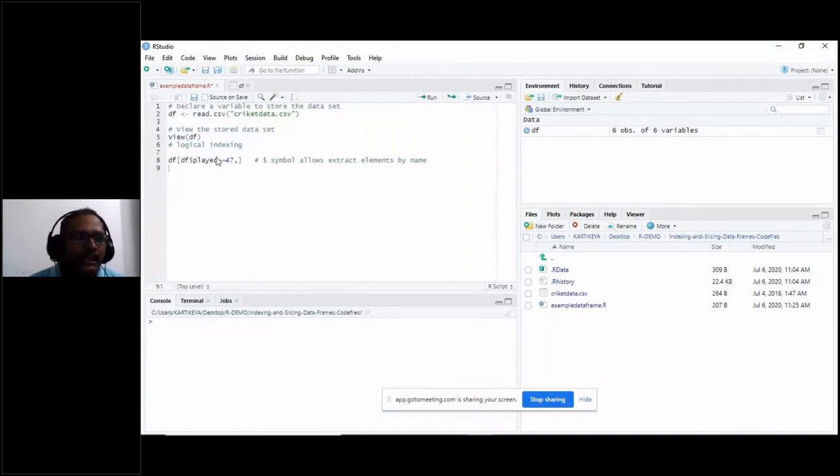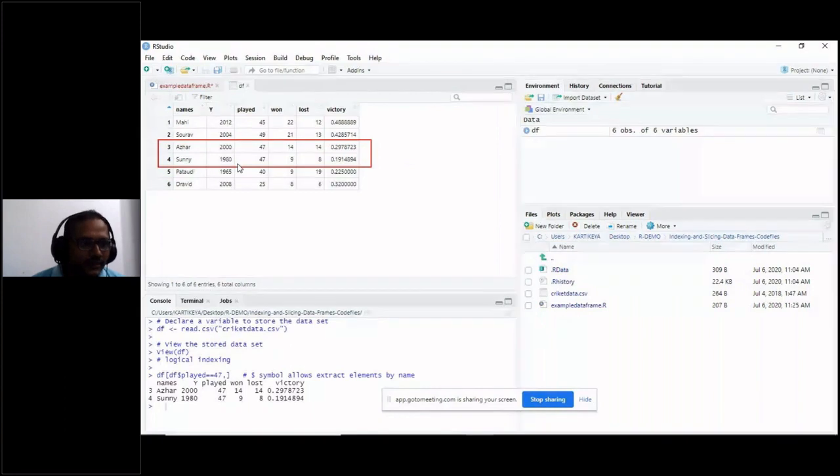Now equal to 47, meaning that I want to get the rows in which the column values are equal to 47. Now see what is displayed. As you requested R to display the values where matches played equal 47, there are two rows present. Those two rows will be displayed in the console.